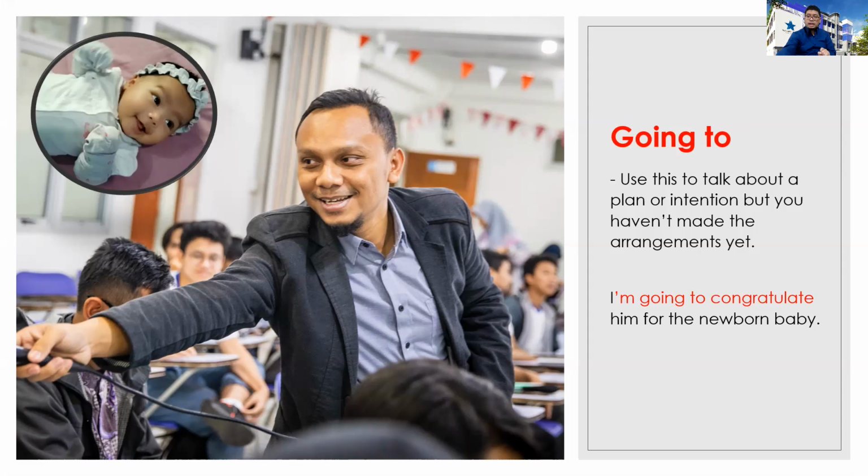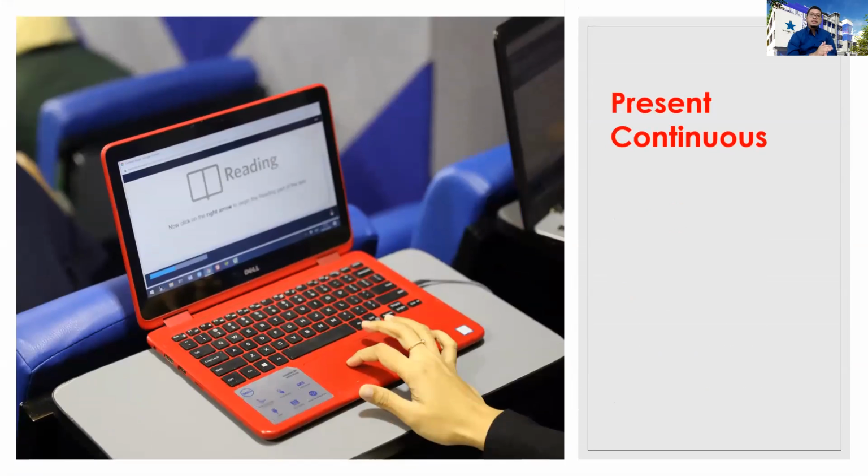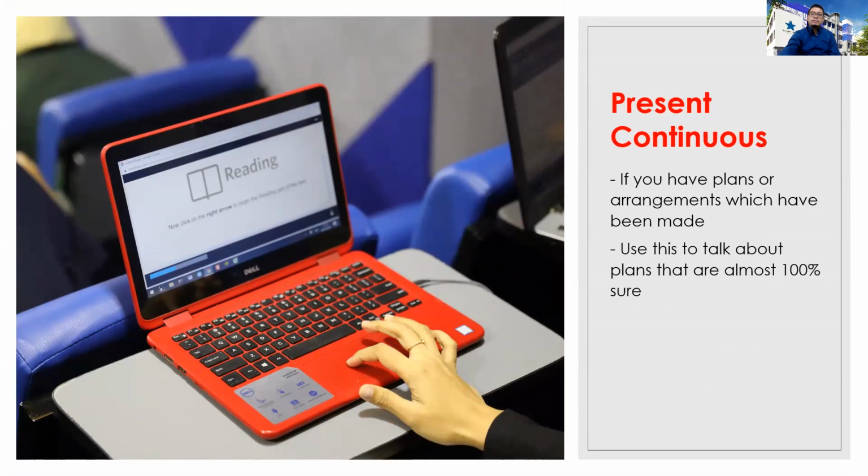If you are sure when you are going, you have to use this, yeah, present continuous. So present continuous is used when you talk about plans or arrangements that you know when specifically, yeah. Okay, for example, yeah, and this is 100% sure. For example, I have this definite plan that I'm finishing or I'm reading that ebook tonight after Isha, for example. Yeah. So it's 100% sure, and you already know when you will do it. So just remember to use the present continuous, yeah, using -ing and the to be.